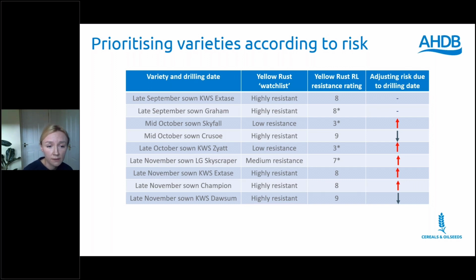If you're an agronomist, perhaps in the east of England or in certain parts of the country, you're going to have a lot of different varieties and lots of different sowing dates. How do you prioritize them? First of all, you need to think about your variety. You need to look at the watch list scores to see how your variety will be affected by those early yellow rust epidemics that might be arising after the winter. Then you also need to look at the resistance scores on the recommended list, and also consider your sowing date, and try to consider all those factors when you're thinking about which varieties to prioritize in terms of management as you go through the season.